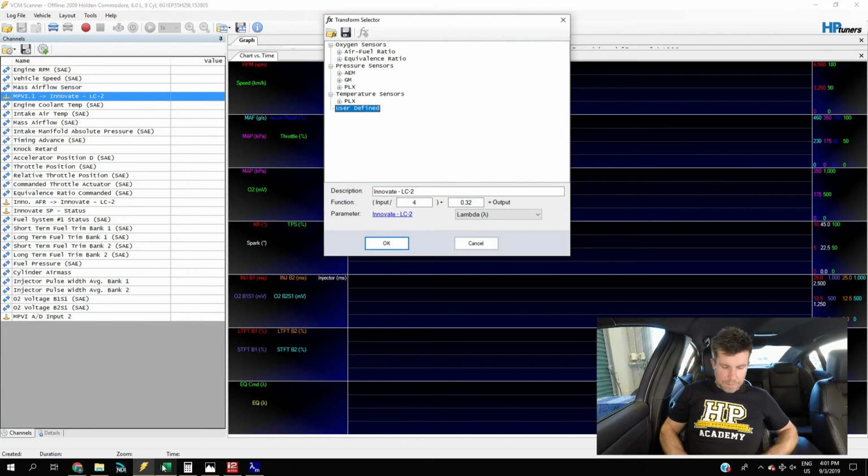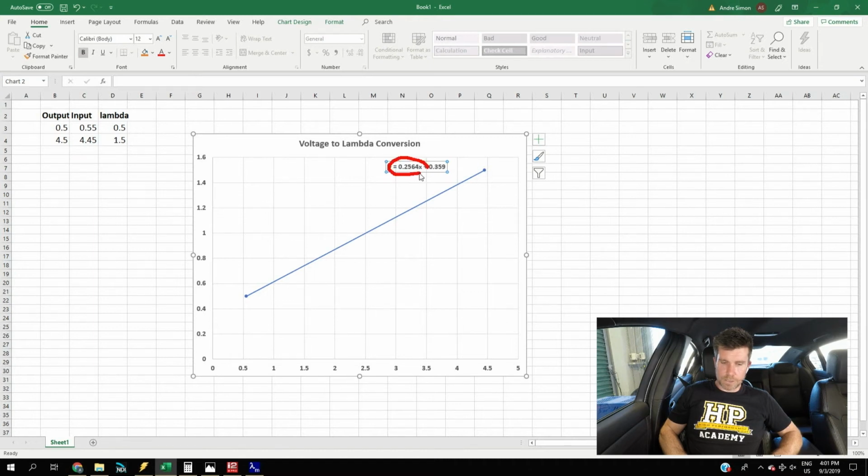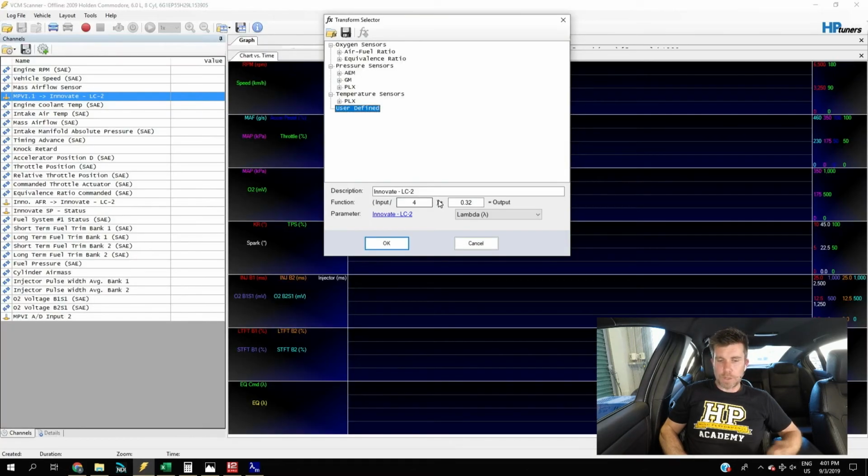And that's what we can get from this chart. In one more little twist though, the data that we've got from this little equation here isn't quite what we need. This gives us a relatively conventional slope and intercept formula. What we need to do is convert that into the form that the HP Tuner software is needing. You can see here we are 0.2564 multiplied by x, but you'll notice that the scanner requires an input divided by a number. So easy enough to change that around.